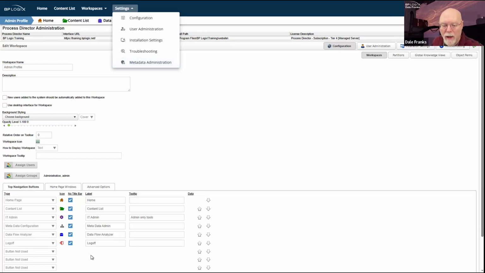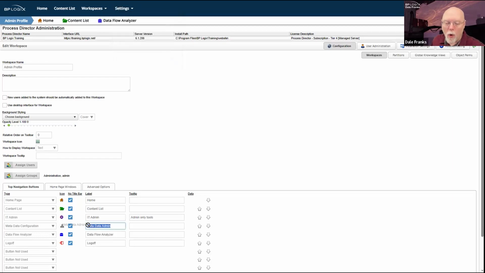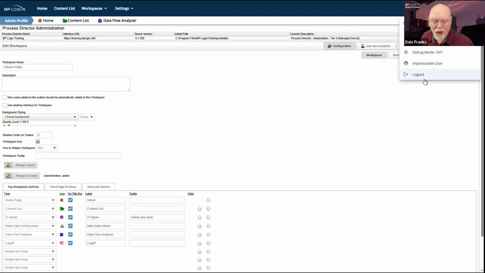of the workspace. So as you can see, this is my old workspace. I kept it in here for demonstration purposes, just to show you how the new UI will work in 6.1. So it doesn't appear. The log off button also does not appear. Don't need it. Well, we call it log out, but the log out button appears in your user profile menu. So again, it's part of the standard UI for everybody. So therefore, it's simply not going to appear as one of the navigation buttons.